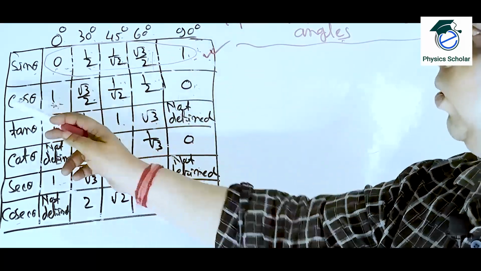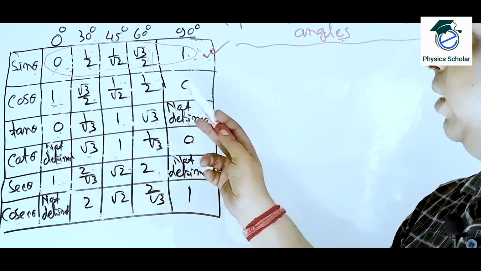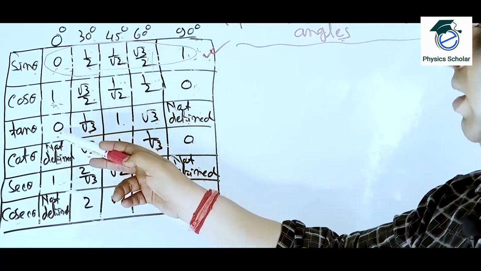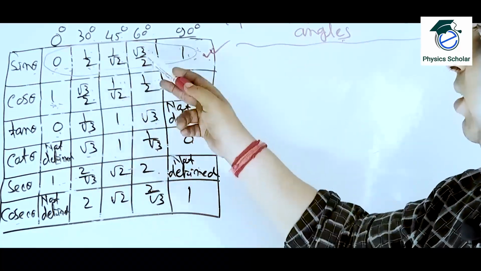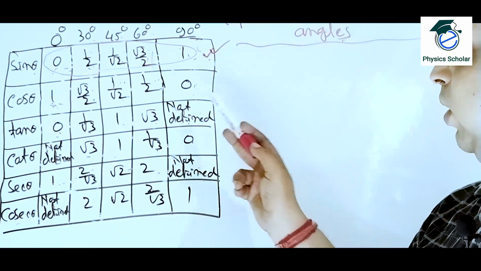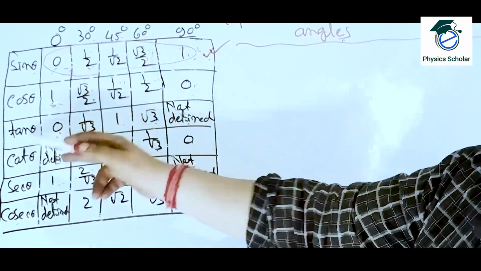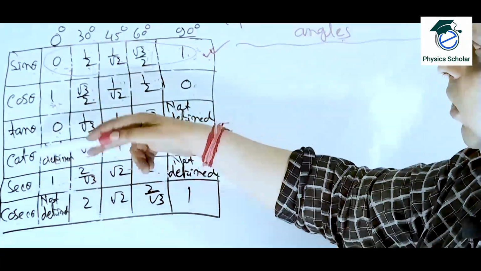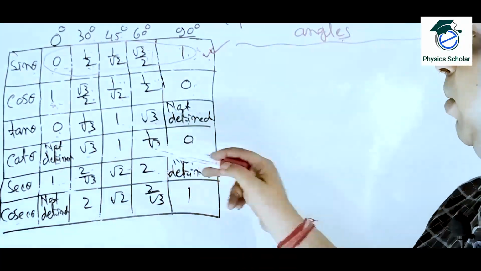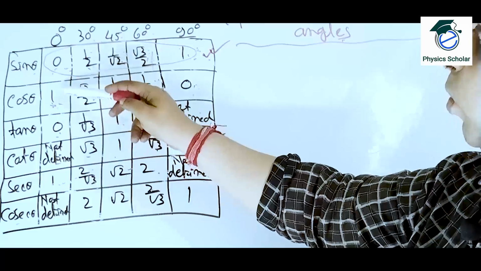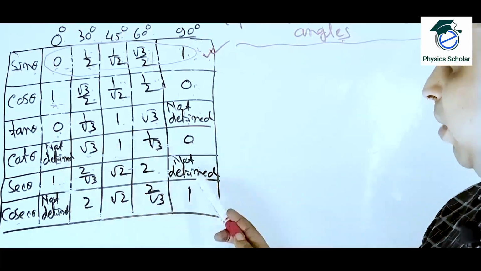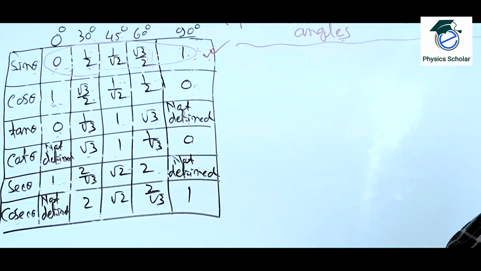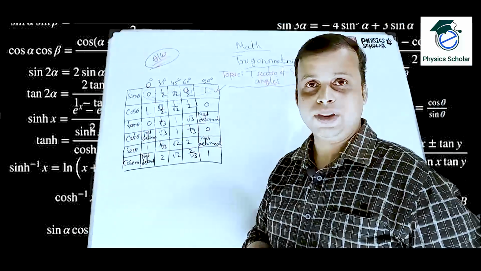So now the cos 90 will be 1, just the reverse of that. If we know sine by cos, then we can easily find out tan, this by this, this by this, this by this. Clear? So if we know tan, then just the reverse of that will be cot. Clear? And the reverse of cos, the reciprocal of cos, will be sec, and the reverse of sin will be cosec. So very easy. Clear?